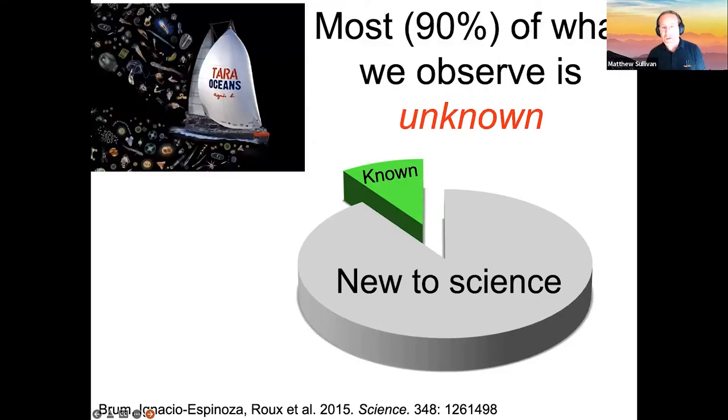I'm going to focus on the virus work, but there is beautiful work for bacteria, archaea, and the microbial eukaryotes from the rest of the consortium. So if you're interested in those spaces, I encourage you to have a look at those. So what did we observe for viruses? I'll just tell you, when we started, 90% of what we observed was completely unknown. So we would survey sequence space, and it was unlike anything that was available in the public databases. And this is not uncommon to this group. Most of you know that as we explore ocean space, it's underrepresented in public databases. And so a lot of it's unknown.